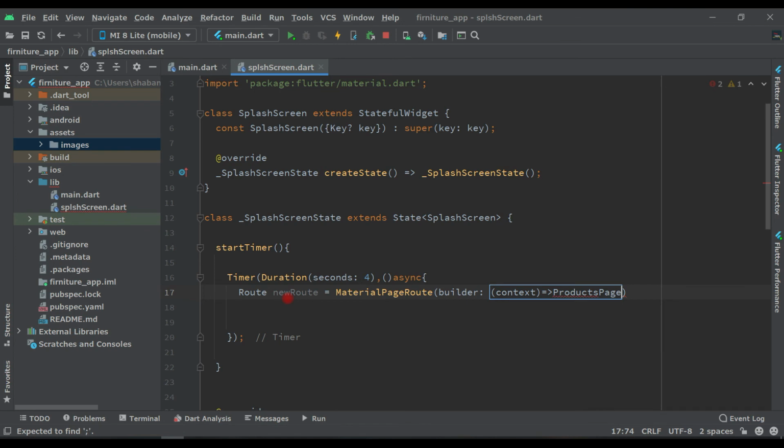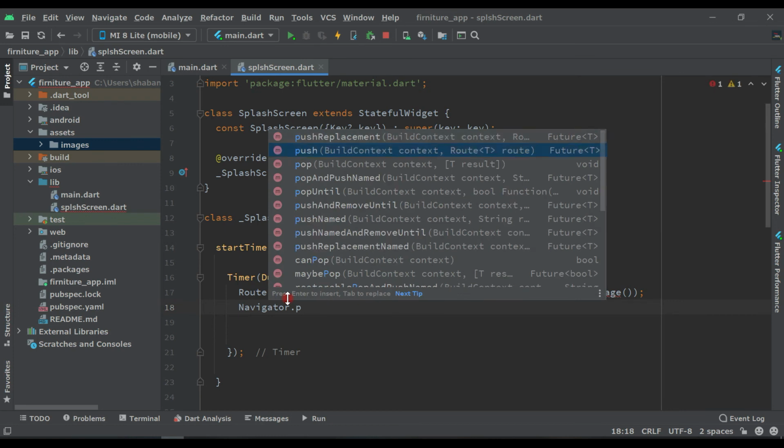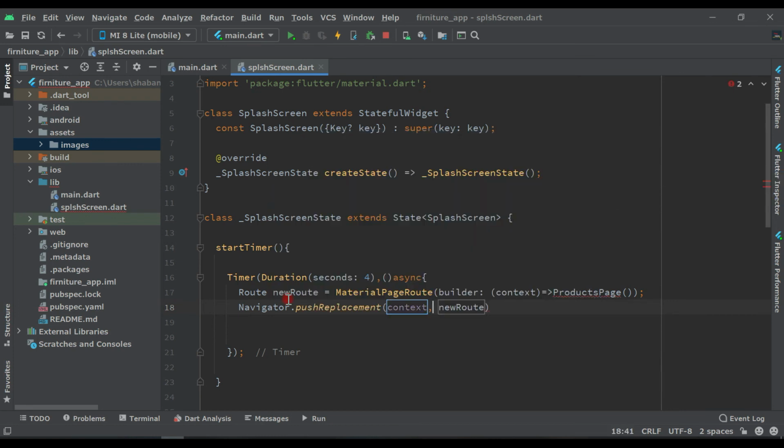We will create this also. And then Navigator.pushReplacement, newRoute, and put semicolon at the end.